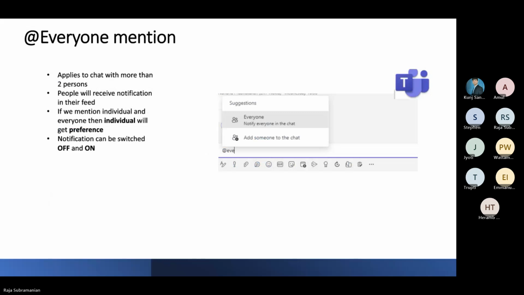whoever is part of this particular chat group, about your message. At the same time, if you mention person one, then person one will get a message. If you're mentioning @everyone and a person, then the person will get notified first, and then everybody will get notified. And of course, as an admin, you can control this, switch it off, switch it on. This is again a small feature, but if you utilize it, then definitely this is going to save